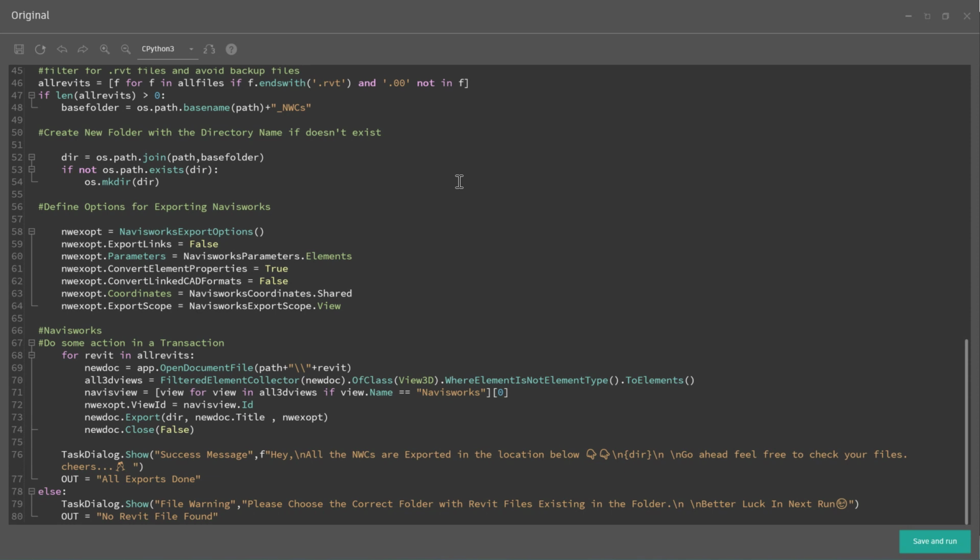It's not like the project is completed now and you only export the NWC. No, you might have to export it at multiple phases in between the project also. So having a particular view name,